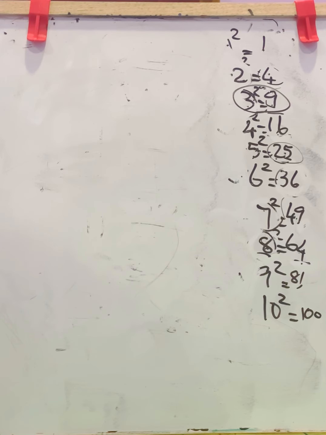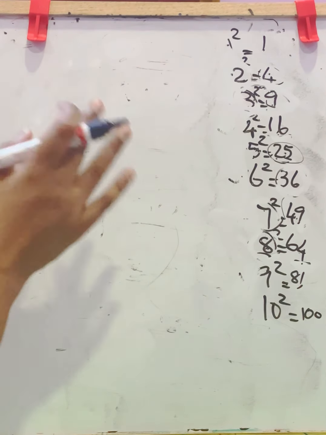Next question. Find the number of digits in the square root of each of the following numbers. You have to find the number of digits only. Don't want to find the square root. Just find the number of digits in the square root of the following numbers without calculation. So how will you do? First I will show you something.